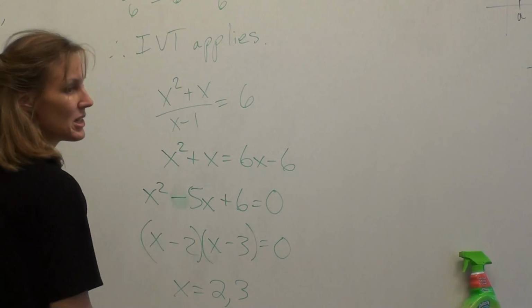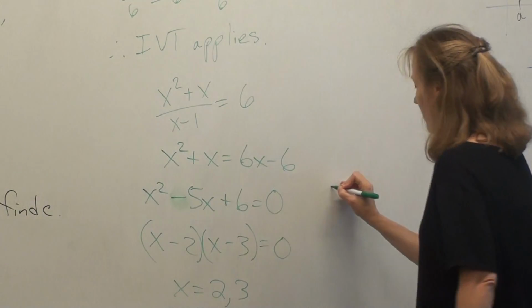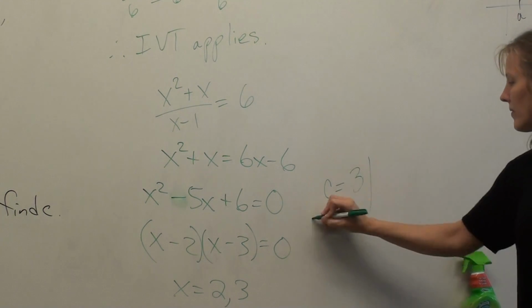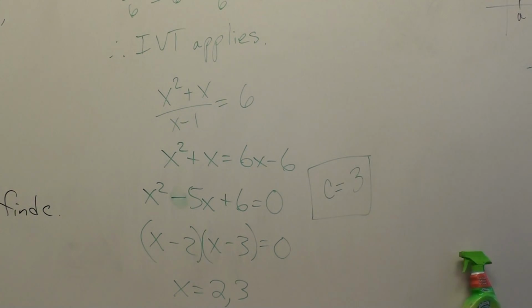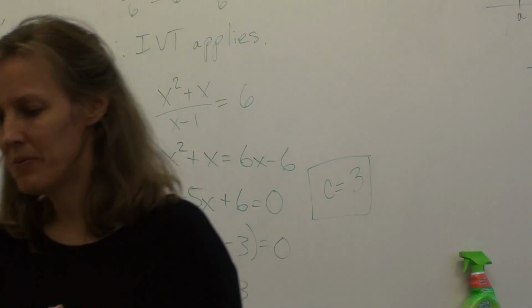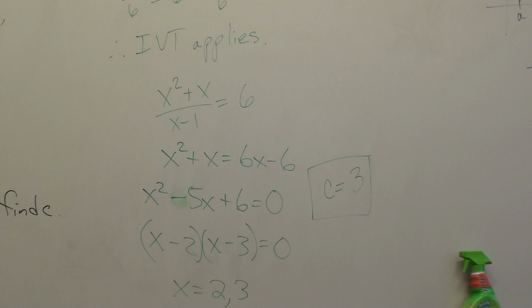What's the only value for c? 3. Why is c only 3? Because it has to be in the interval, which means it has to be a number between 2.5 and 4. So 3 is the only one that works. All right, so in summary, what have we learned today? IVT, there are 2 requirements. The function has to be continuous, and the k value has to be in between